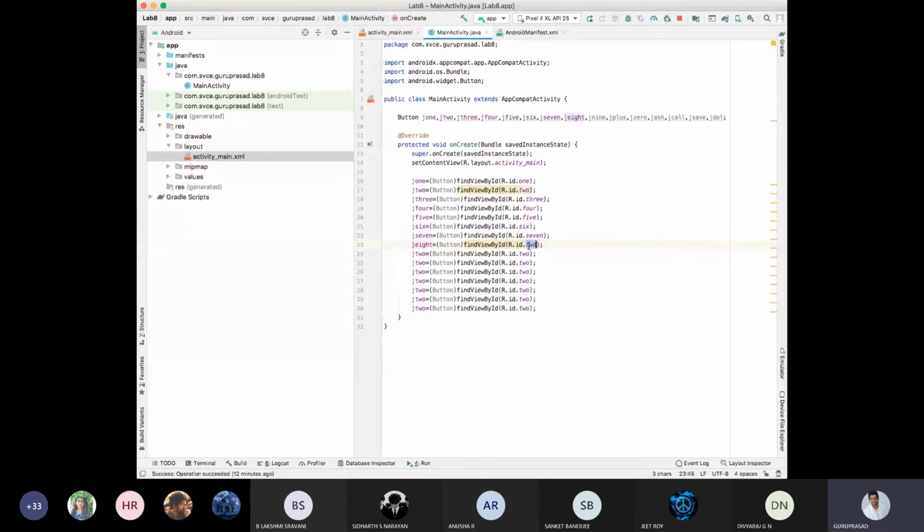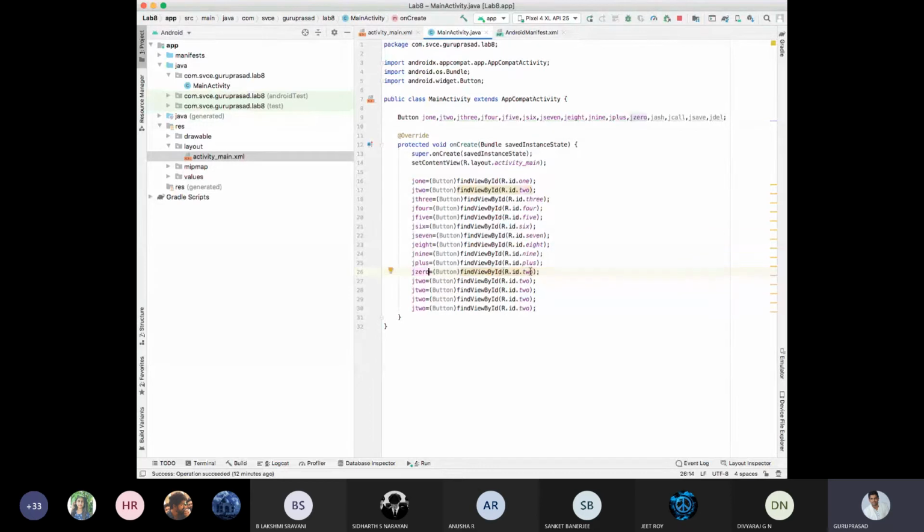This is Java plus, this is plus in my XML. This is Java 0, this is 0. This is Java hash, this is hash.